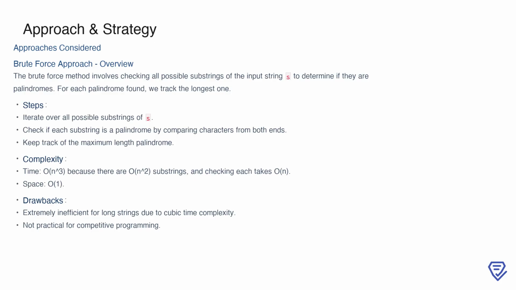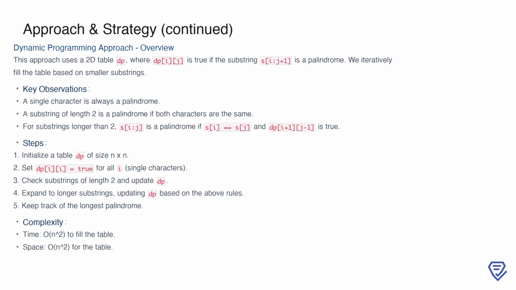However, this method has significant drawbacks. The time complexity is O(n³), because generating all substrings takes O(n²), and verifying each one as a palindrome requires an additional O(n) time. The space complexity is O(1), but the inefficiency of the time complexity makes it impractical for larger strings, especially in competitive programming scenarios. A more efficient solution is the dynamic programming approach, which uses a two-dimensional table to store